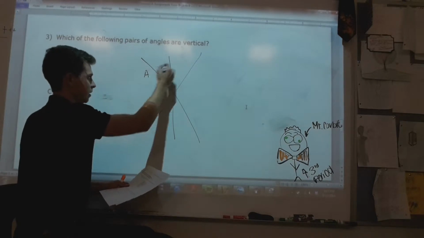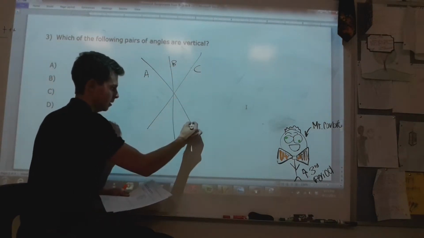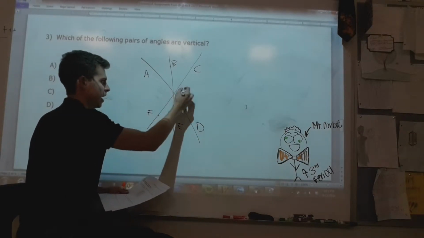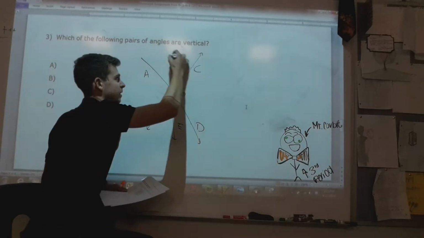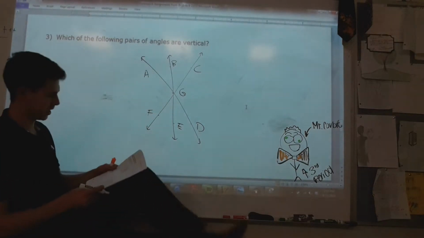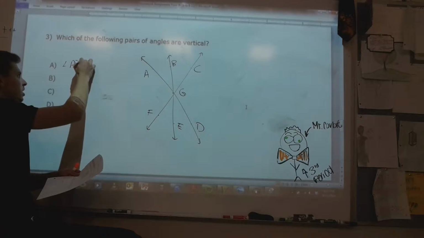This is A, this is B, C, D, E, F, and G. Okay. These little arrows, by the way, just mean that the lines go on forever. Okay, so the first answer choice is angle AGC